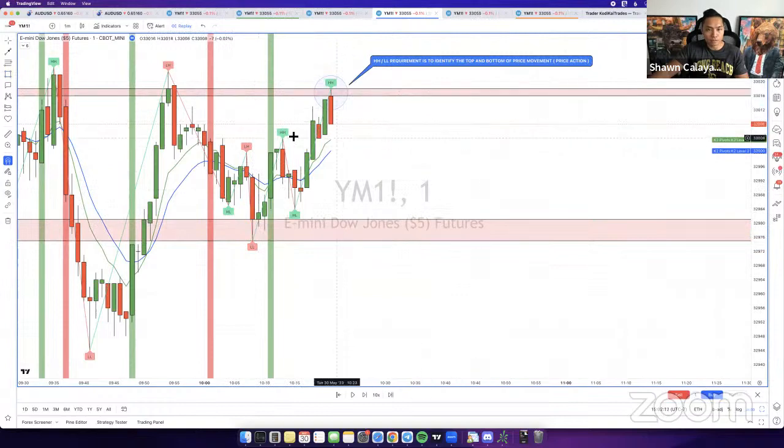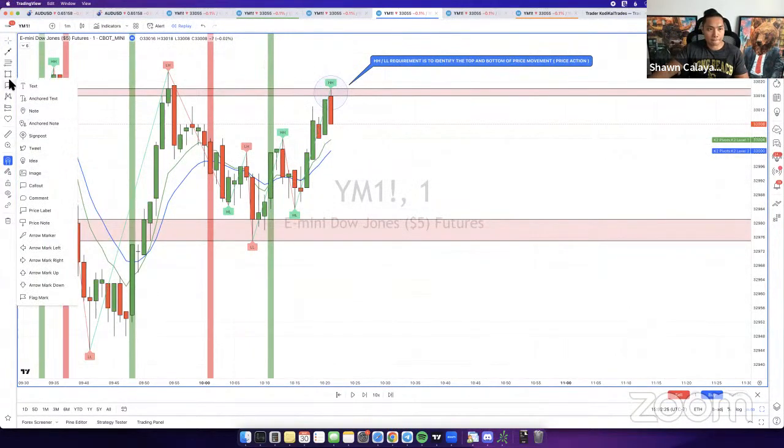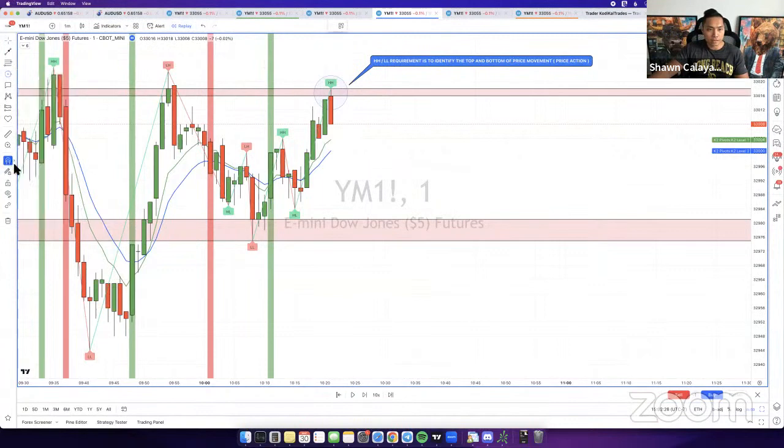So you look back and you're like, okay, there's a lower low here, high low momentum scalp. You identify the bottom, price pushes up. Same with this one right here. You identify a higher high. It's not always going to be the top though. So for example, right here, there's a higher high, but it's not the top. There's no sell signal here. So there'd be no entry here for a high low momentum scalp.